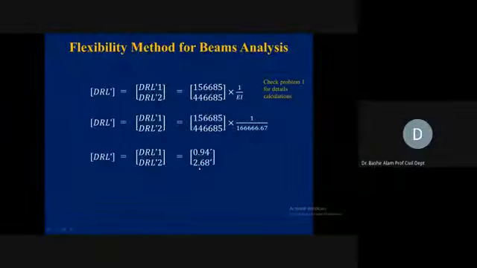0.94 feet and 2.6 feet. This is DRL1 prime and DRL2 prime, which is because of the actually applied loads, actual applied loads की वजह से जो आ रहा है।